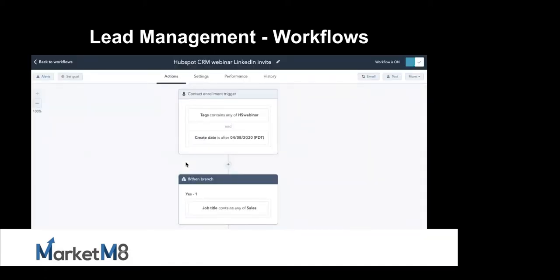Now going into the workflows. Workflows are a great part of HubSpot that will help you automate a lot of your efforts so that everybody in your team will be more up to date on the tasks that they need to have, or what information they need to continue and keep up